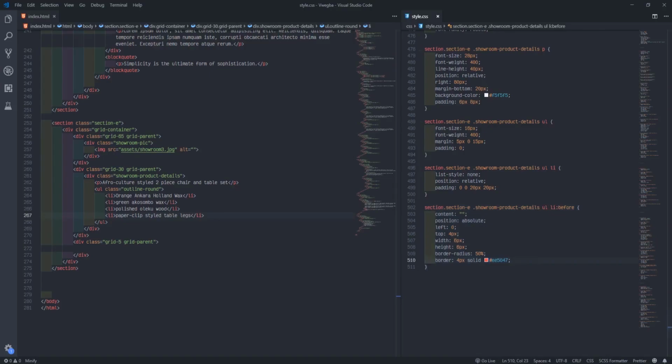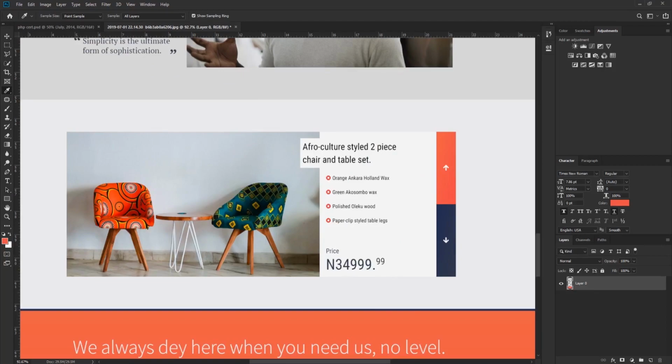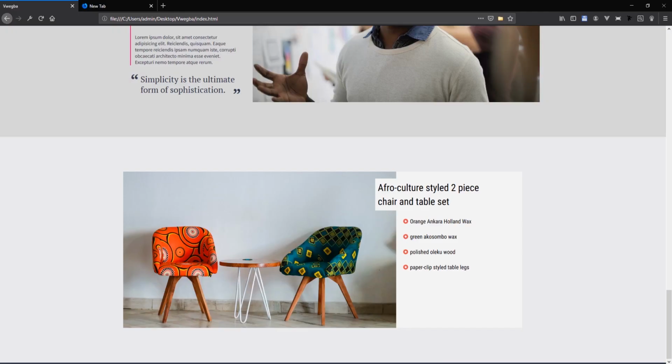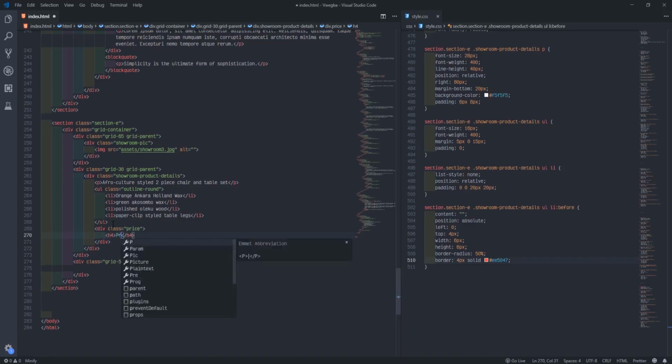So the next one we'll do here. Now this price. I might write the HTML for the price. Inside the showroom product, after the URL, I'll add a div with class price, then h4, price, and h1.